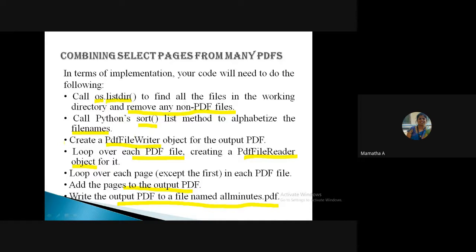So I think the last five steps are easy for you. You can do it, isn't it? Creating a PDF file writer object you can do. Looping over each PDF file you can do. Everything you can do. The only thing you should take care of is how to find the PDF files in the current working directory and how to sort them.